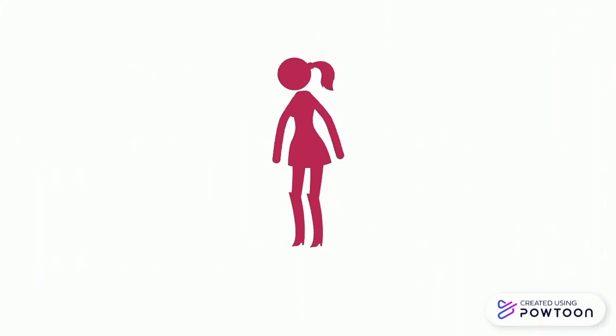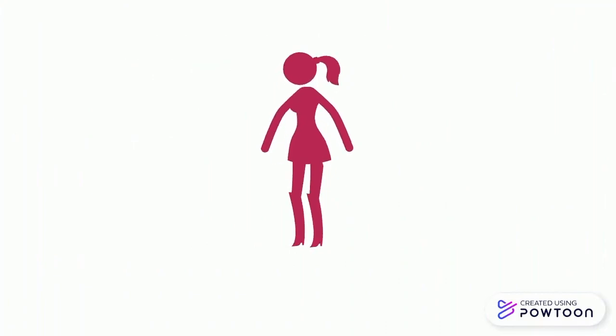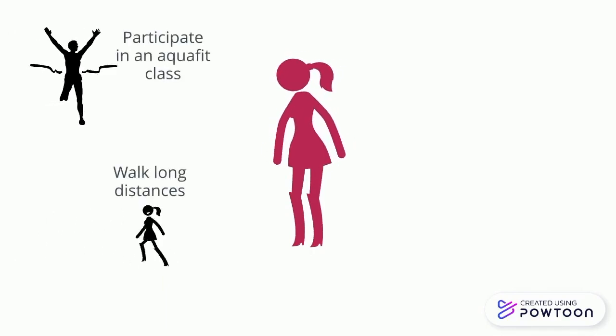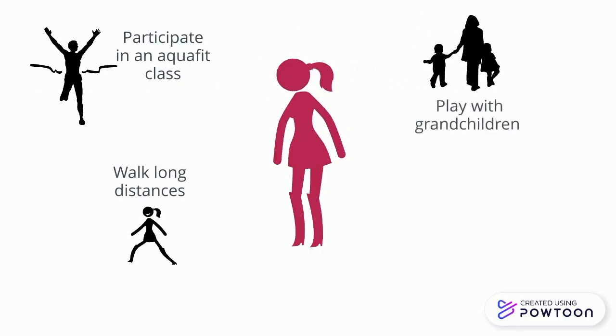Due to BAC, Mrs. B has faced many activity limitations. She is no longer able to participate in her aquafit classes or walk long distances due to her cachexia. She is also having difficulty playing with her grandchildren and doing the stairs in her 2-story home. This is caused by her dyspnea. And finally, due to her persistent cough, she's finding singing almost impossible.